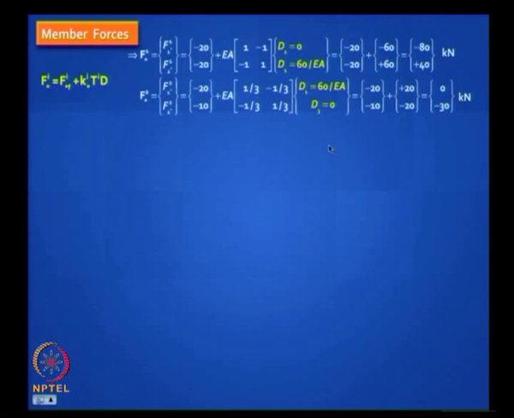So you have the fixed end forces, you remember we calculated minus 20, minus 20, minus 20, minus 10. You have these at these two levels, but remember you have to put the linking displacements. Here you have to put D2 and D1, and here you have to put D1 and D3. That is the only thing you need to be careful about. When you do the other method, the TD method, you do not have to think, it will automatically do it. But here you have to put the correct linking values. This is the 12 mm which can be written as 60 by EA, and then when you solve it you will get these answers.